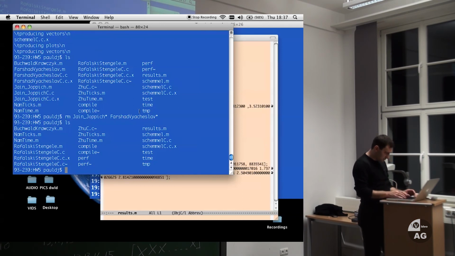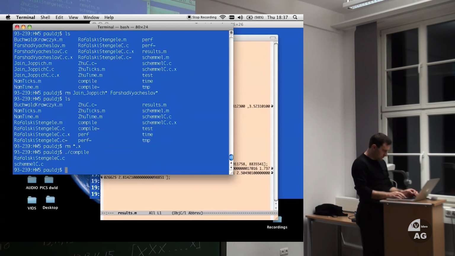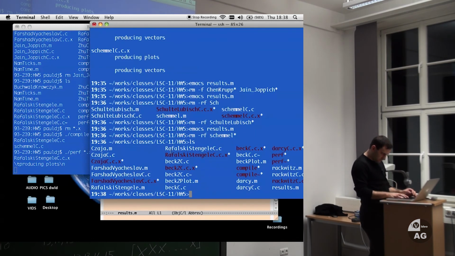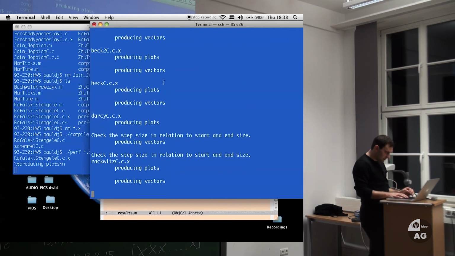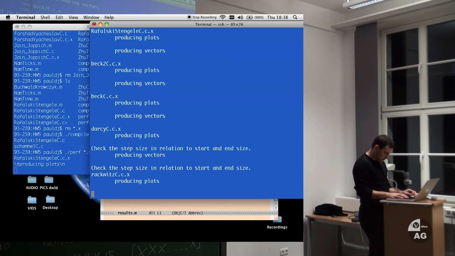Okay, Rafalski. Seg fault. Ah. Rafalski backspecs.